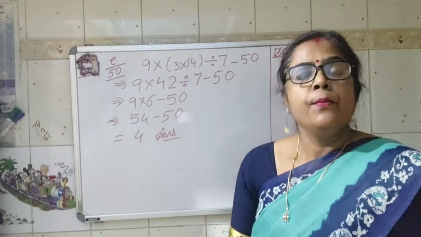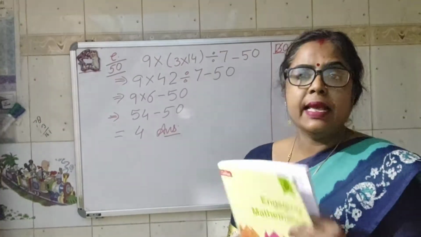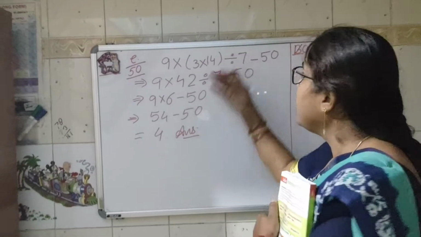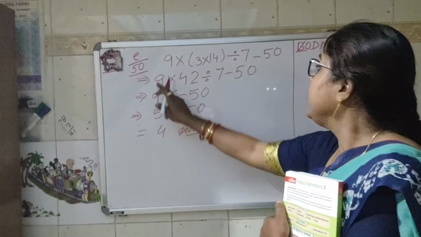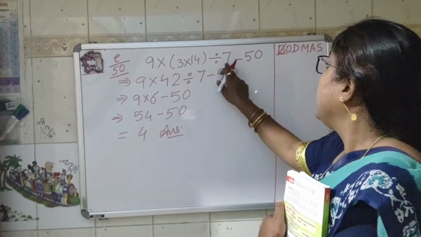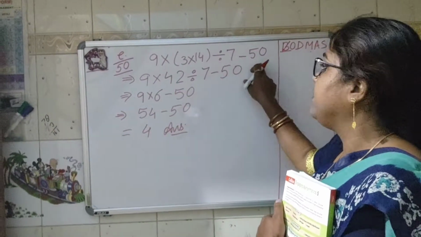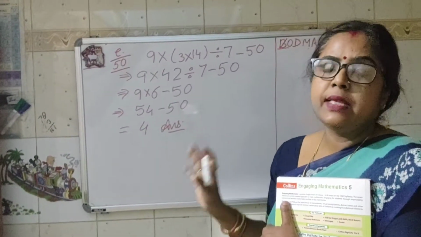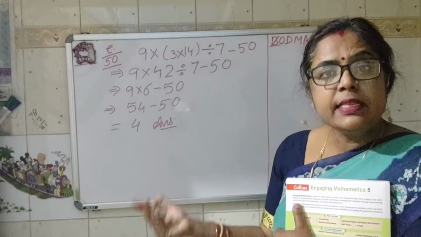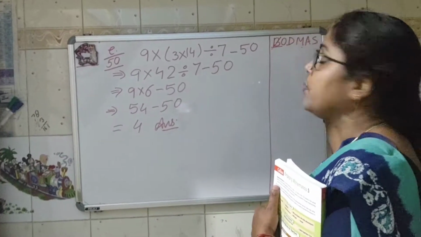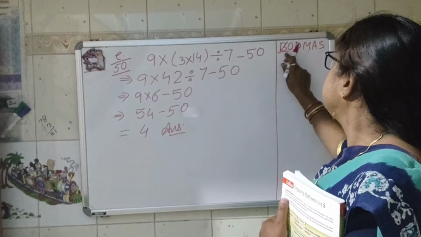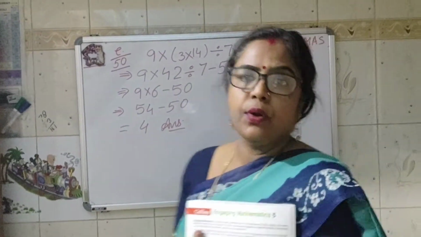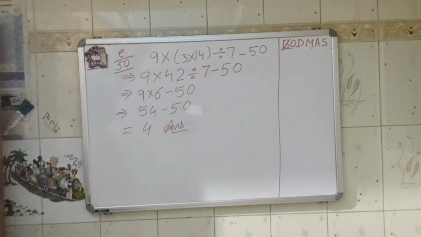Clear to you? Again I am repeating, in BODMAS, if you make a single mistake, the whole answer will be wrong. If here, instead of doing this, you had subtracted this 7 from 50, your whole answer would be wrong. So please follow the steps, and in case you forget the steps, just note down this BODMAS in the rough column, and as this spelling is there, like that only you proceed with the steps. Okay, so do this question.